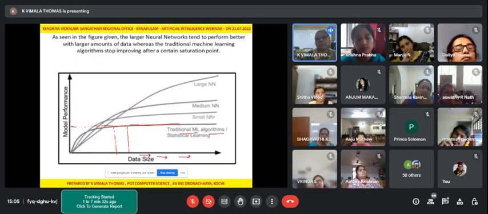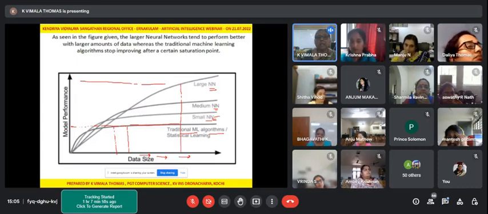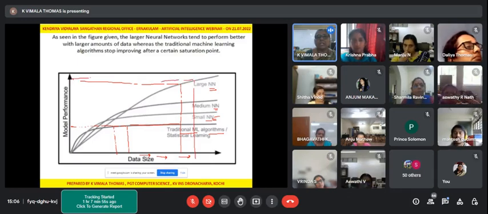But if you use a neural network, even if it is a small neural network, or a medium neural network, or a large neural network, if it is large, the performance is raised. Look at the performance for the large data set. For every data set, the corresponding value keeps on changing. Even a minute change, at least you will see that reflected. That is why we use neural network technology in machines.